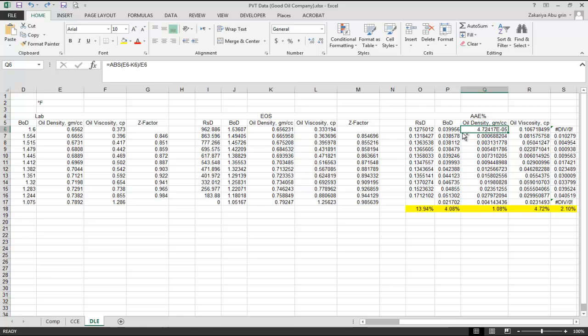Yeah, one more. Okay, it's still above the... it's above 5%. This one cannot be accepted. You need to improve this one. So let's see